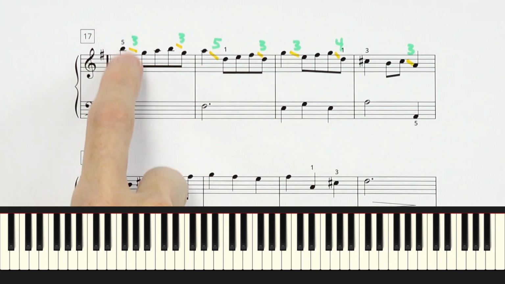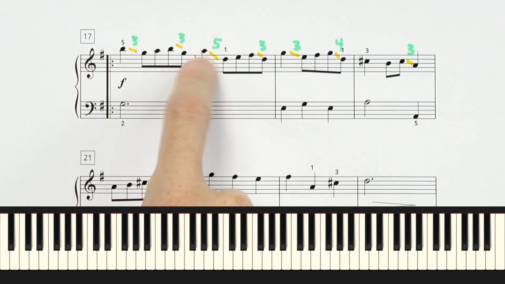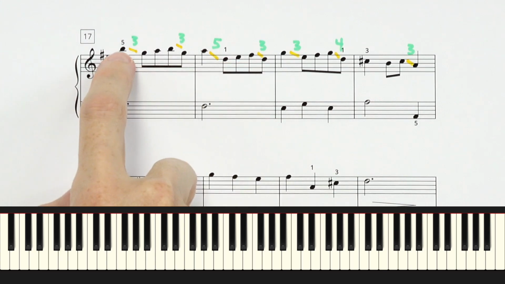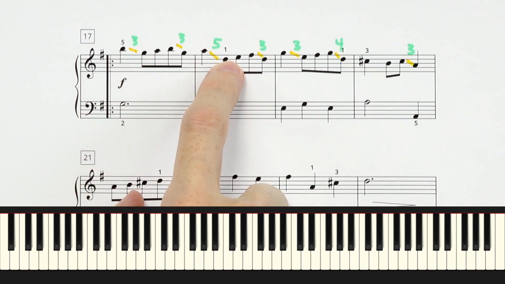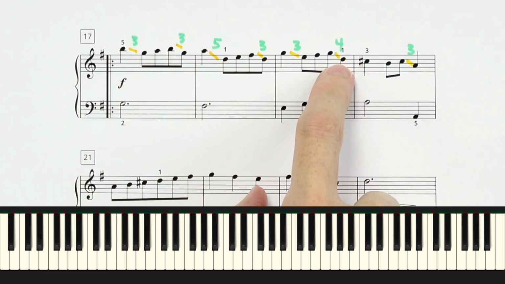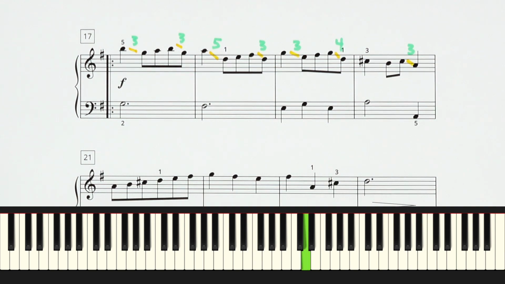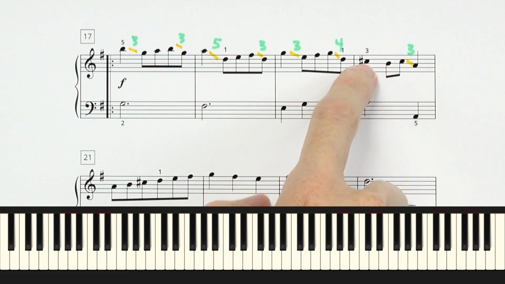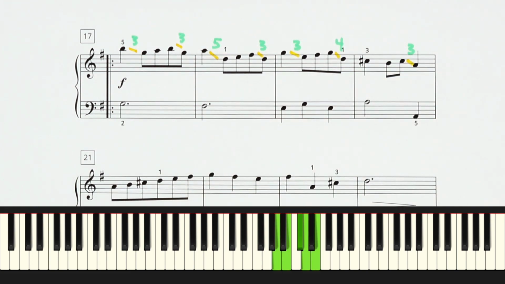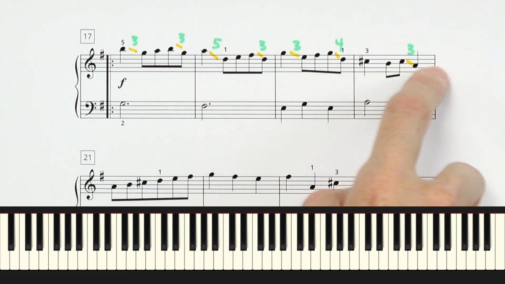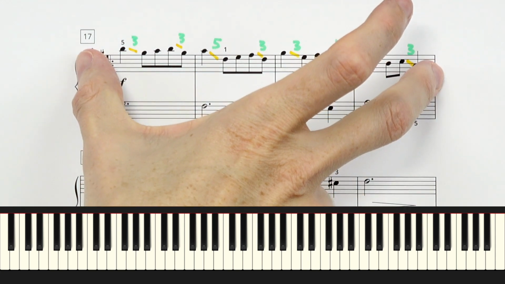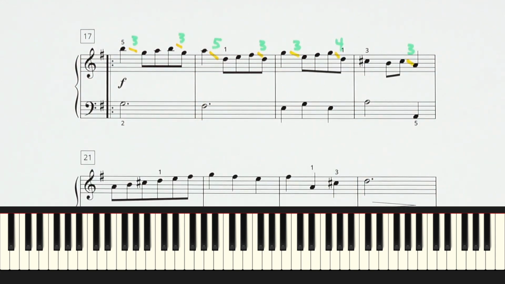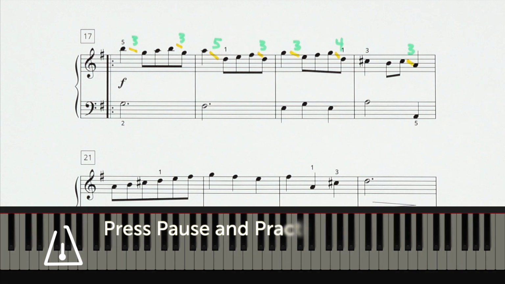Be careful of the rhythms, ta, ti, ti, ti, ti, ta, ti, ti, ti, ti. Be careful of the notes, be careful of the fingerings. There's one place right here where you'll be on a finger 1 for the D, and then finger 3 will cross over to the C sharp, which will bring you into a kind of A major pentascale position for this last measure. Pause to learn those 4 measures on your own, then press play and we'll look at it together.